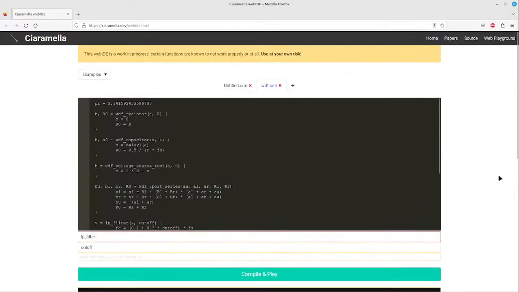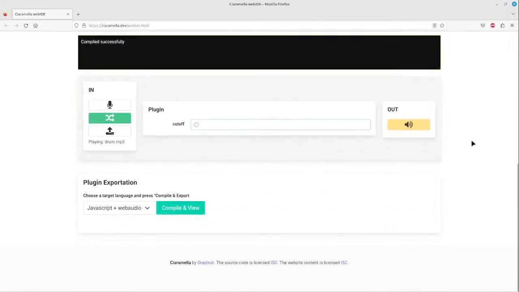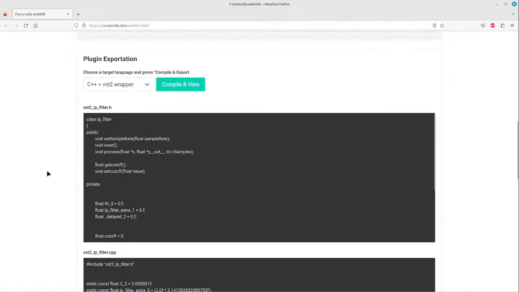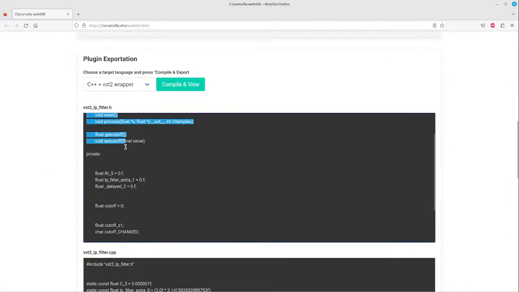Here you can compile and execute, but if you want, there is also a section for plugin exportation. Oh, I think something is missing here. Okay, let's try C++ with the OST2 wrapper. You can compile on the fly, and you obtain this. Okay, this is C++